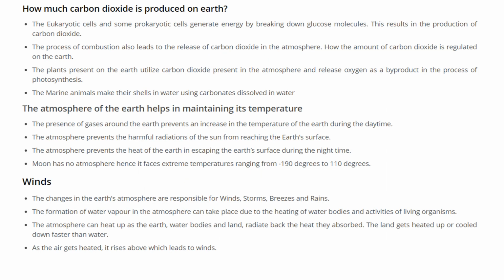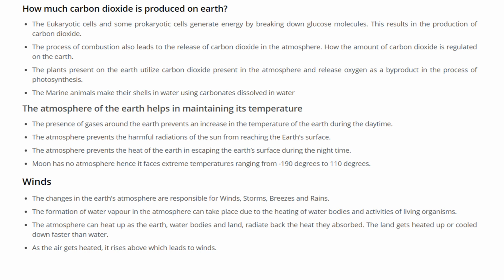Coming to the next slide, how much carbon dioxide is produced on earth? We all know that there are two types of cells, eukaryotic cells and prokaryotic cells. You would have learned about this in your previous chapters, right? Taking our case, human beings, we have food. There is a process called digestion where one of the byproducts that is formed is carbon dioxide, and you all know we inhale oxygen and exhale carbon dioxide. So that is one of the ways